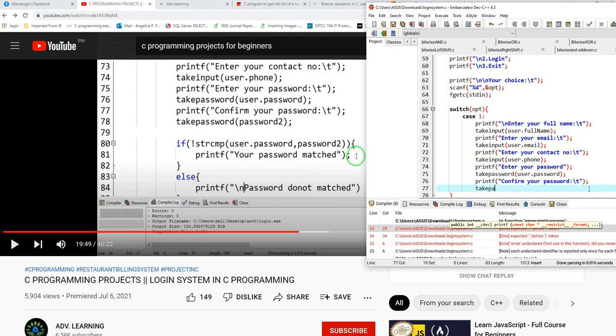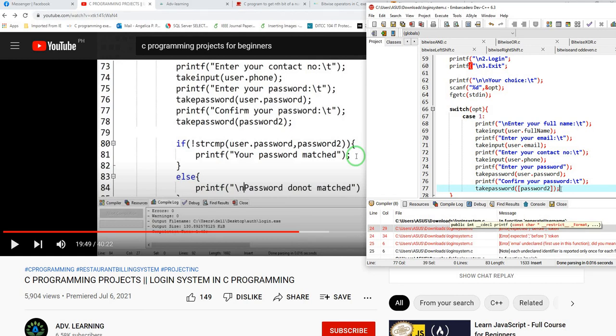Take password. PAS as password 2. Okay, and then